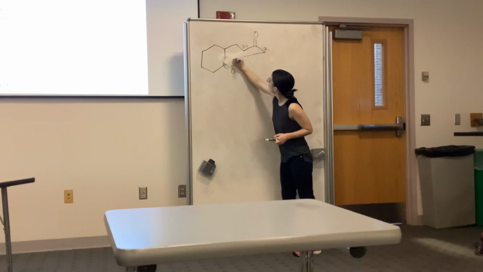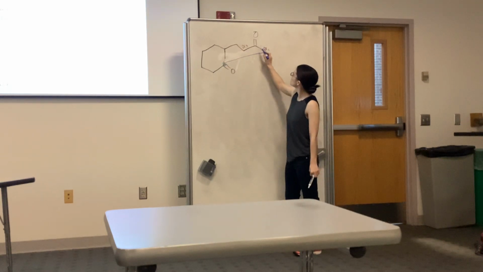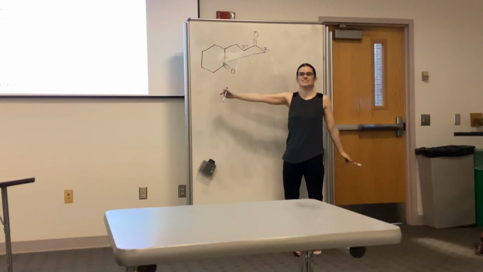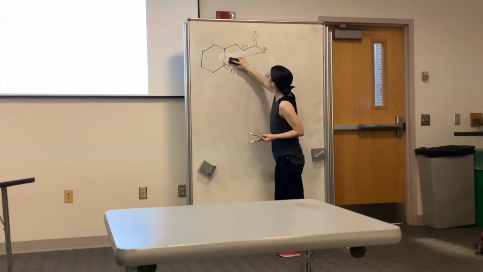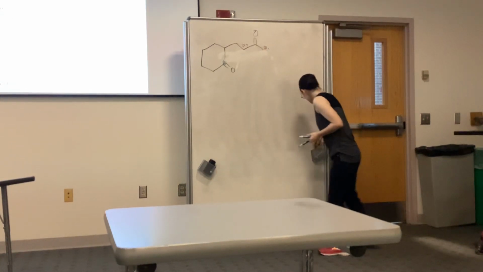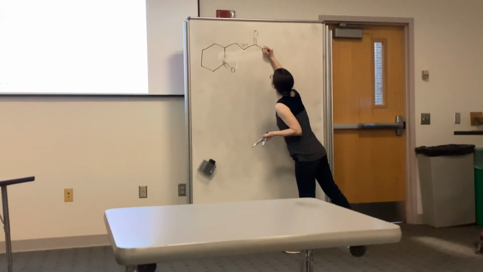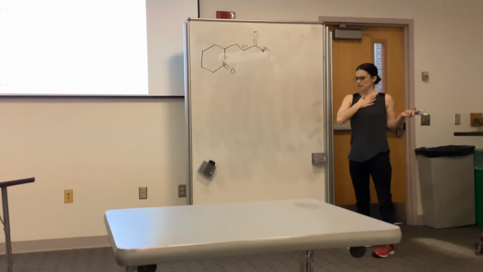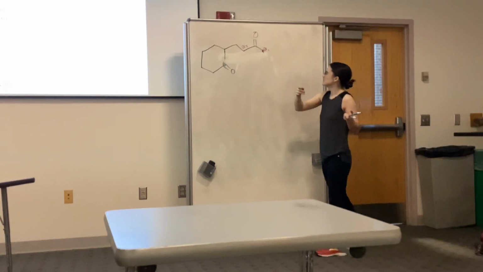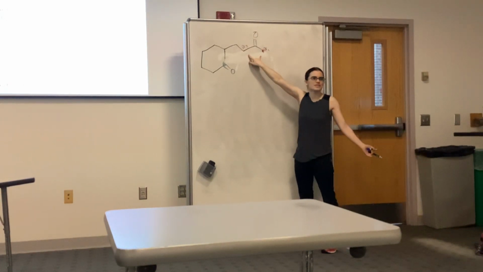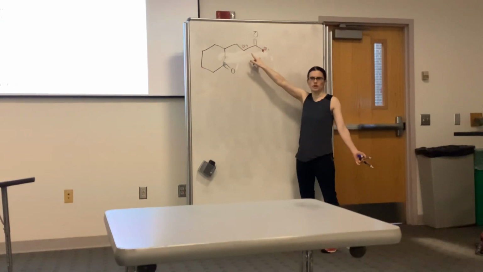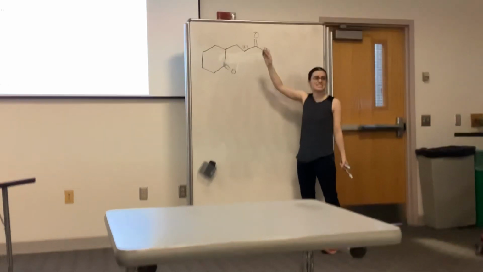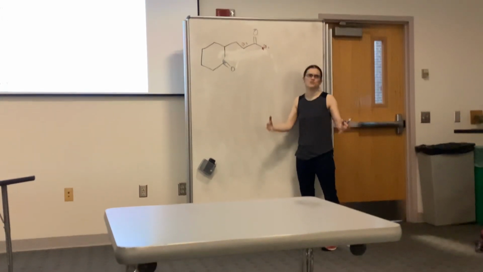So what about this one? 1, 2, 3, 4, 5, 6. Ooh, that makes us a 6-membered ring. That's like nature's favorite thing. So that's how we know which one is going to happen. And that's why these intramolecular aldol reactions are basically like, it's okay that we always have 2 sides where we can form our nucleophile. In this case, we don't start just always using